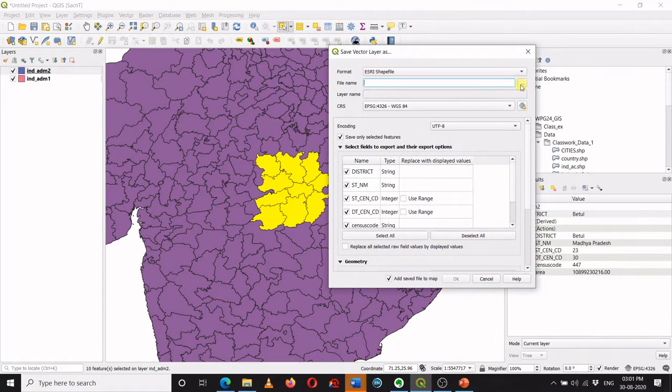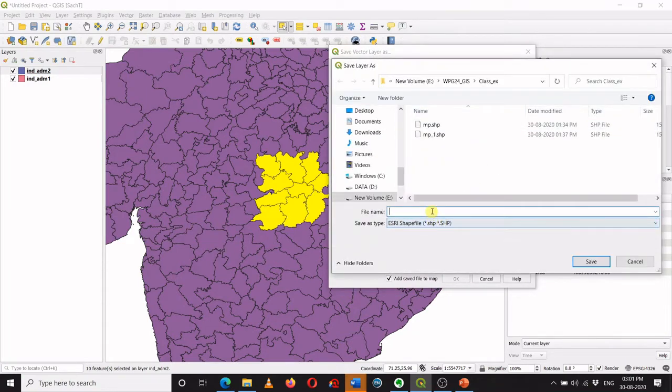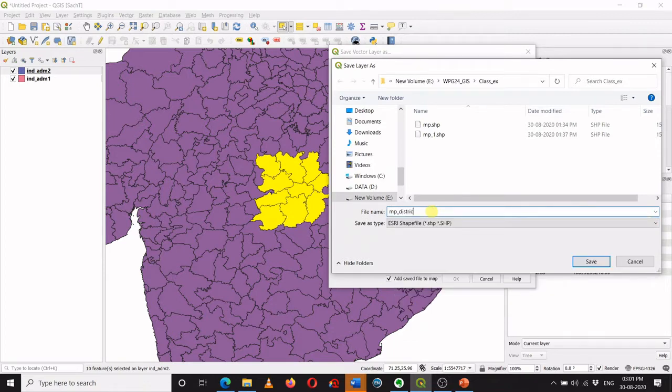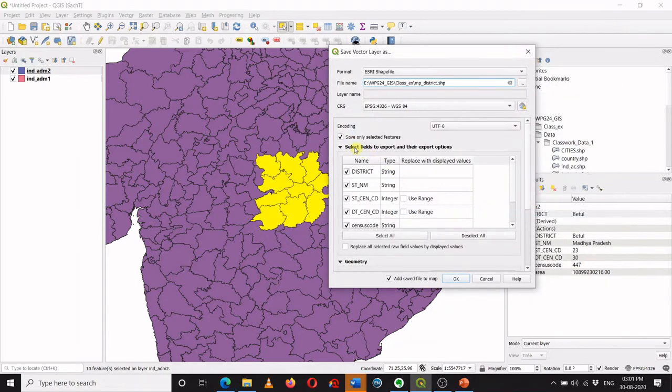Then I will give a file path, so I will say MP district, and I will save it. Ensure that this checkbox is checked, otherwise it will export the entire IndiaAdmin 2 file as the MP district file. Then I am selecting OK.